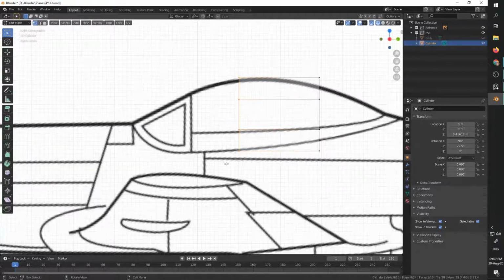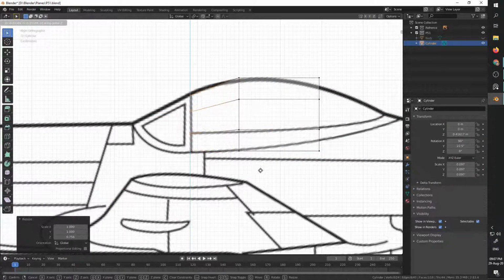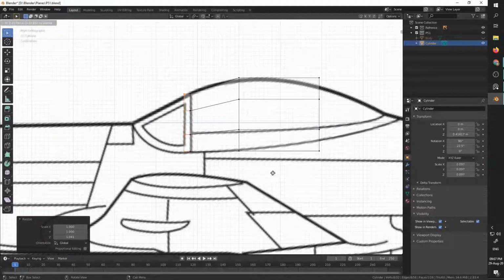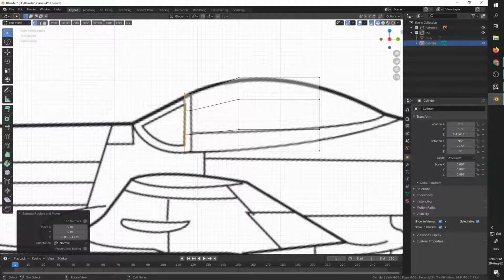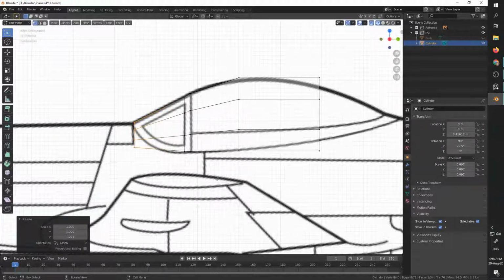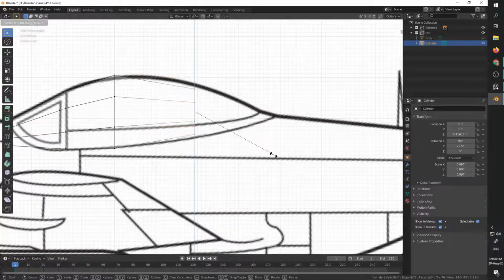So let's start. Extrude, scale Z, move Z, scale Z out a little bit, extrude Z, and I'm going to do this so I can add color just here when we start applying some texture to the model. And I'm going to scale Z again, move Z again, extrude, scale Z, move Z, scale Z out. This looks fine. Go and finish the back, scale Z, move Z,